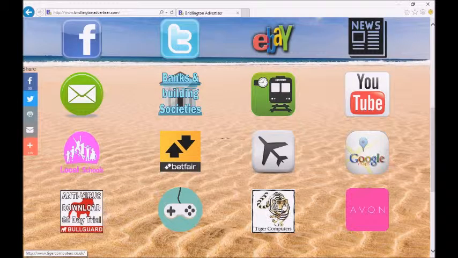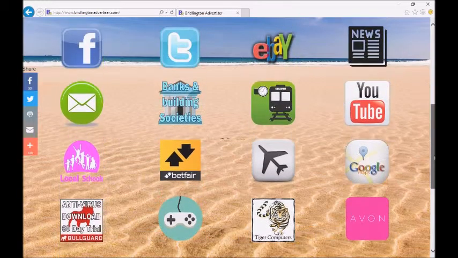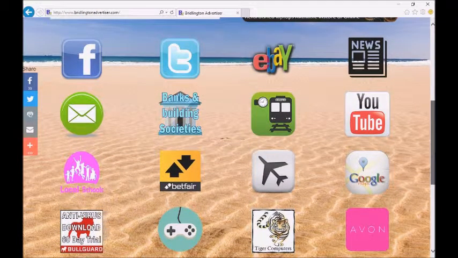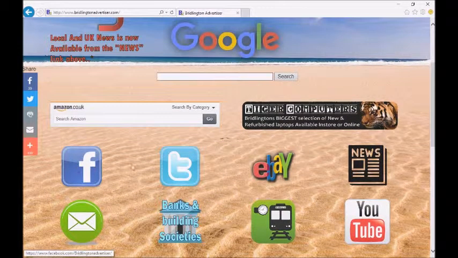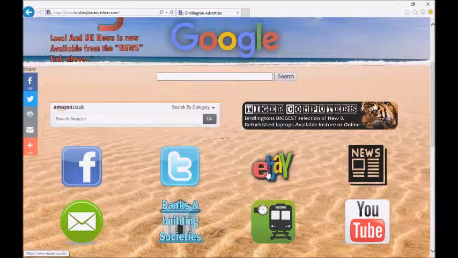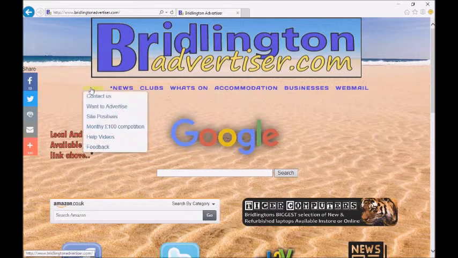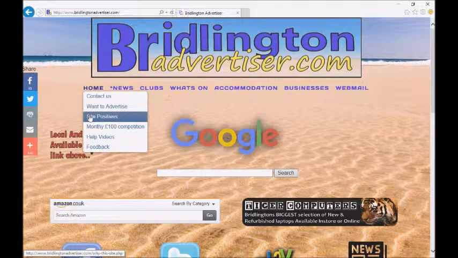This is obviously our Tiger Computers, but some of these may change over time, but generally we believe they're shortcuts which you will use quite often. Rather than go to the search box and search for an item, you can find eBay or Facebook and just go and click the link directly. So if we go back to the home page and go back to the site positives,